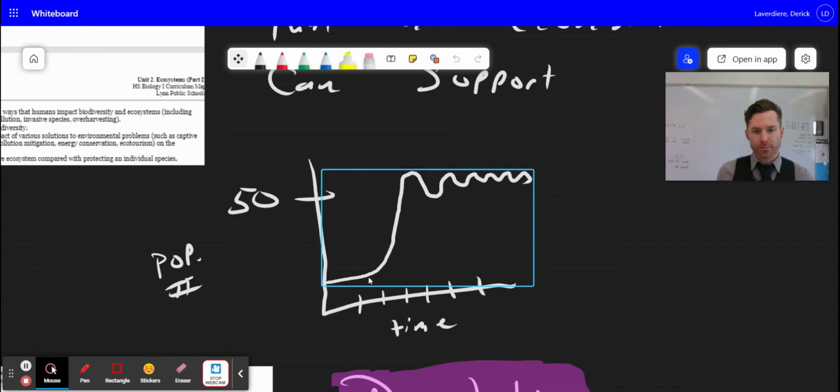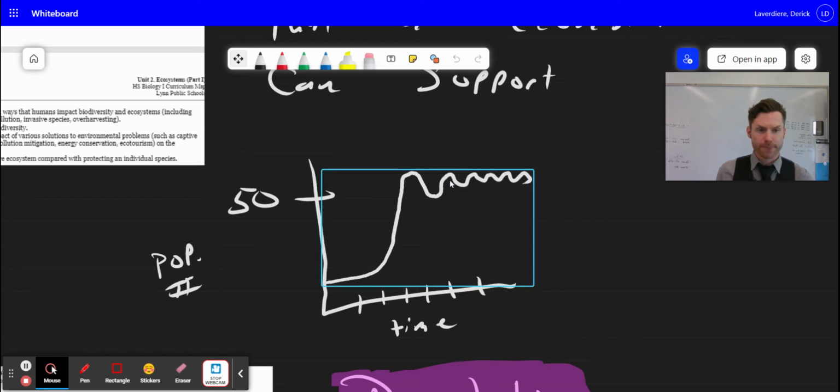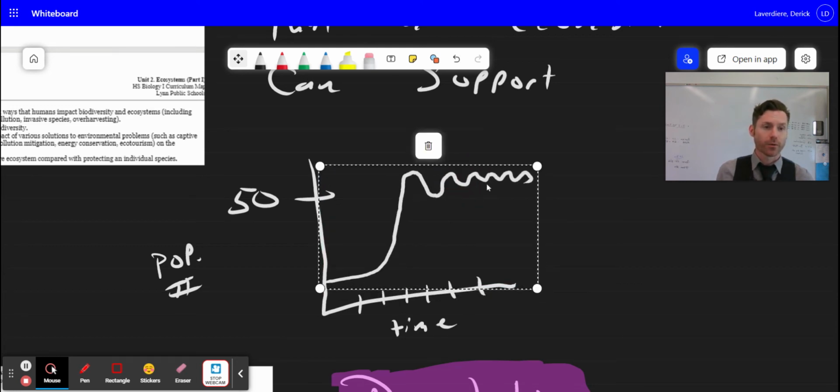So we see a growth of this population over time, steady, steady, steady, steady, exponential, and then eventually it levels off, and you get this kind of squiggly line. Okay? And so my 50 is this kind of median point here. And so when I reach my carrying capacity, I can go a little bit over carrying capacity, and then things start dying because there's not enough resources, so it dips back down. Now there's enough resources so things can reproduce again, goes back up, things start dying again, oh no, goes back down, goes back up, goes back down, goes back up, and it kind of steadies off right around this 50 mark. Okay? So you'll see this continuous, and that's how you know you've reached carrying capacity. You see this on the graph. Okay?